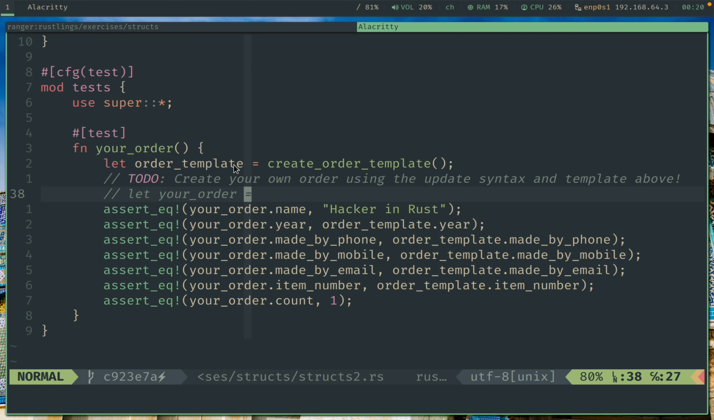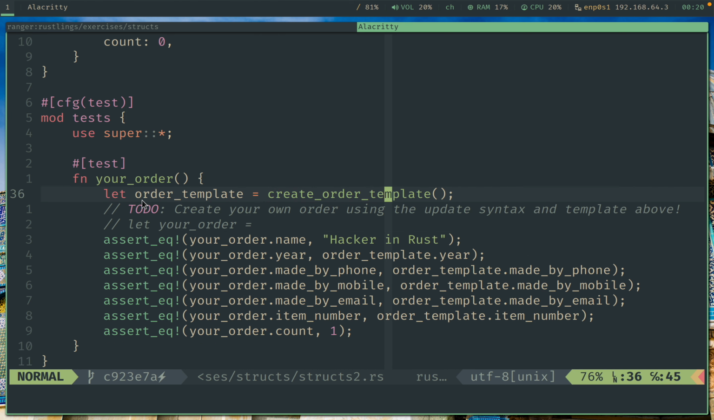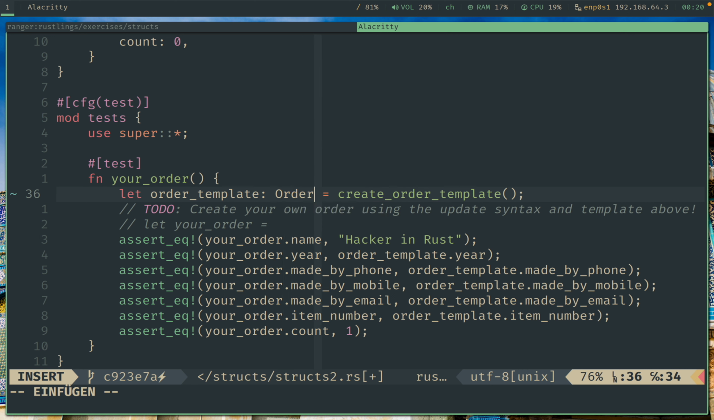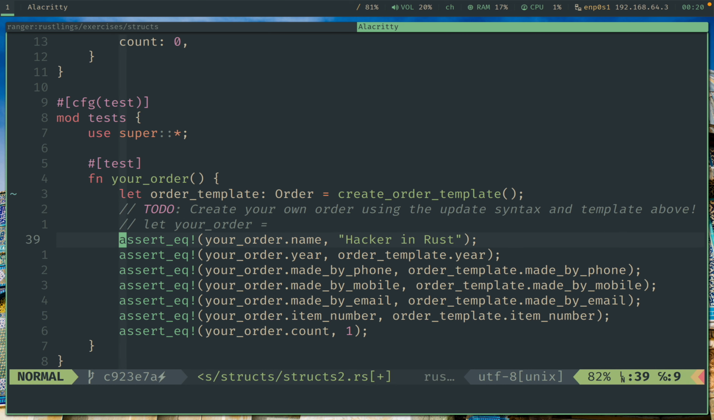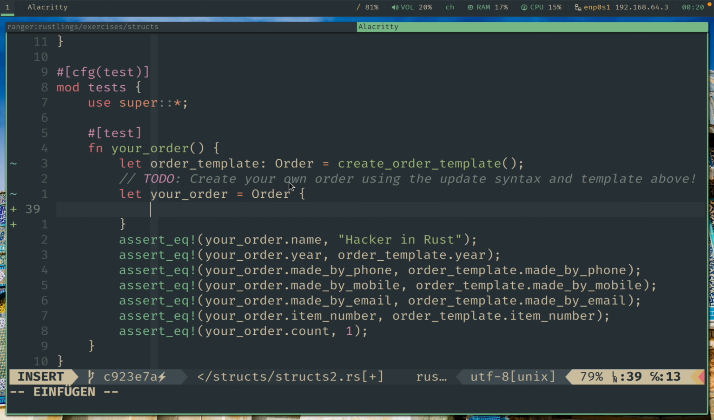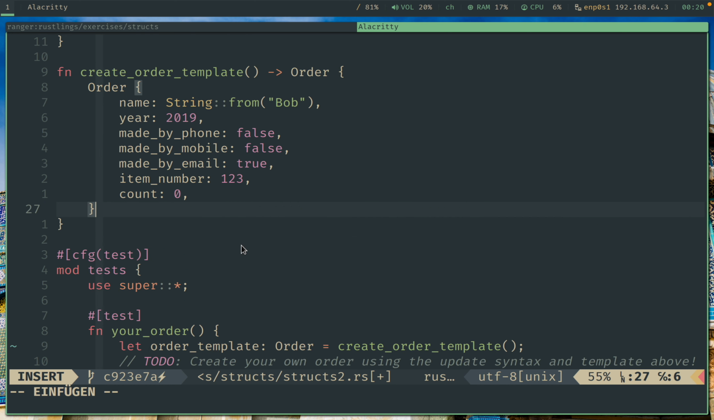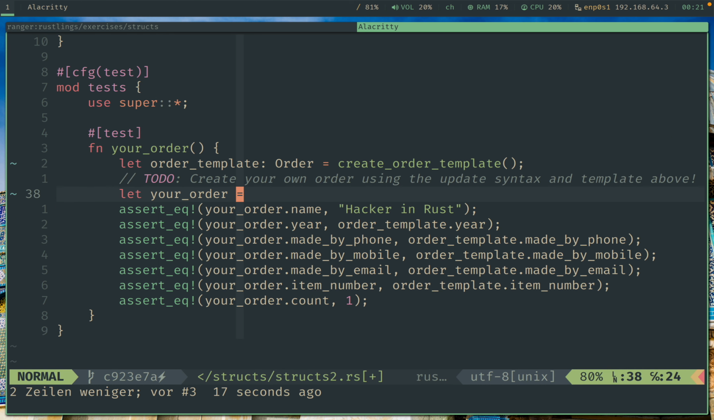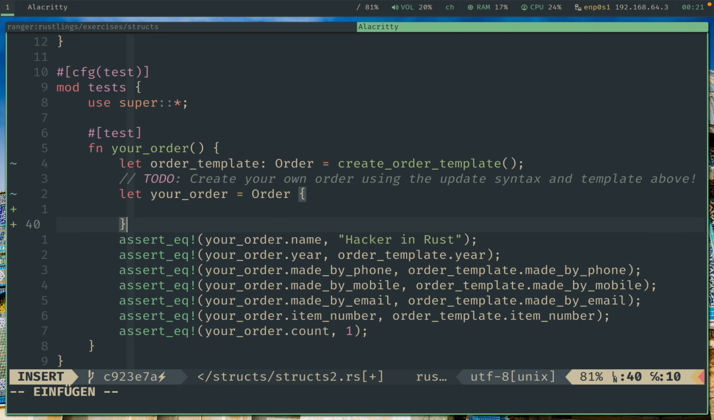And now the to do. So here we create an order template. This will be a template, so this will have a type of order like that. Create your own order using the update syntax and template above. So let's see. Let your order, and we will make a new order like that. And now what we actually can do is create an order like that, the semicolon over here,